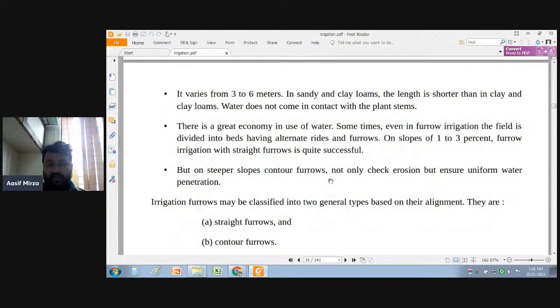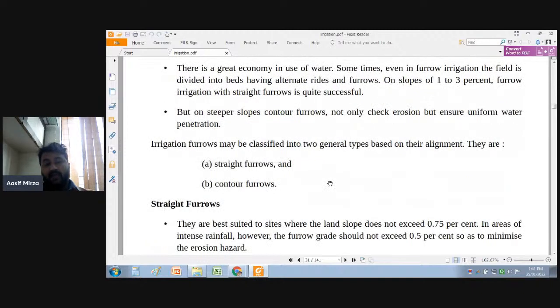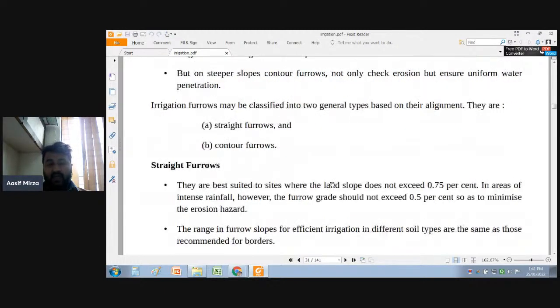Now, irrigation furrows may be classified into two general types based on their alignment. So they are the straight furrow and the contour furrow. Straight furrows are best suited to sites where the land slope does not exceed 0.75%. In areas of intense rainfall, however, the furrow grades should not exceed 0.5% so as to minimize the erosion hazards. Now, the range in furrow slopes for efficient irrigation in different soil types are the same as those recommended for